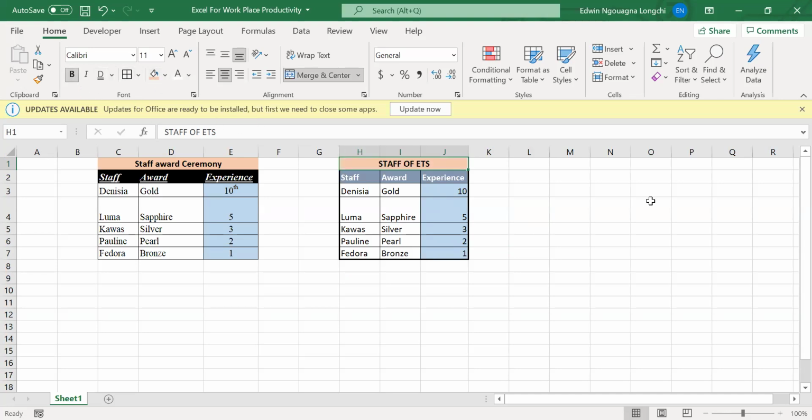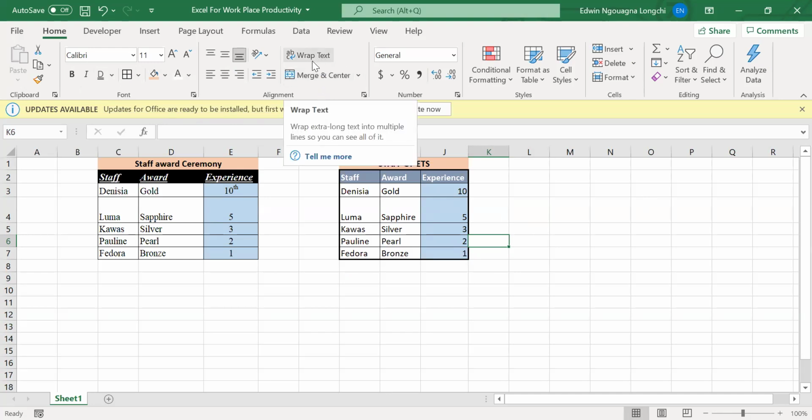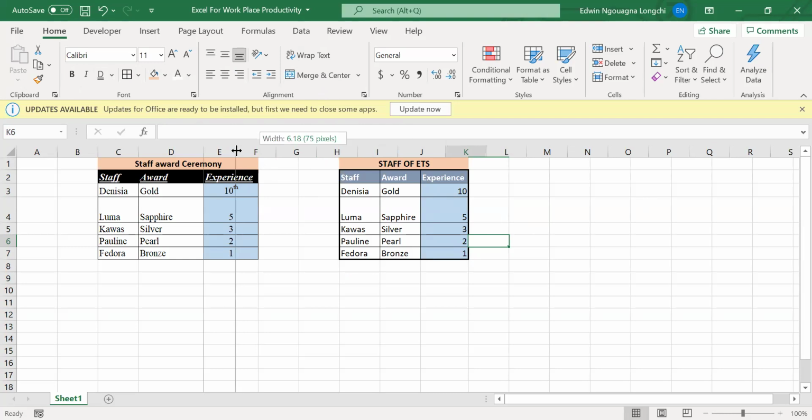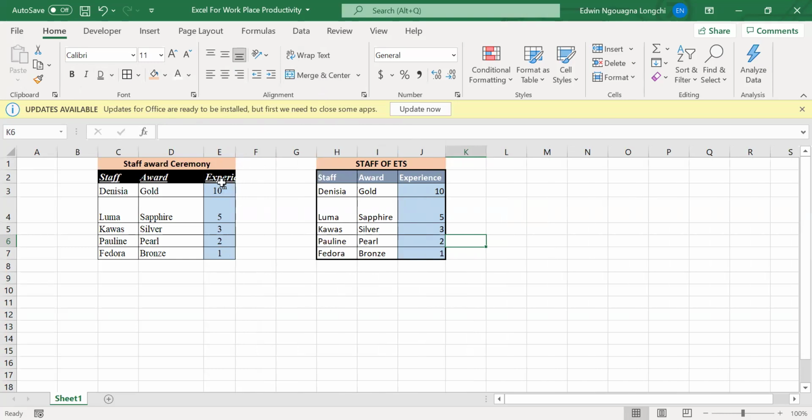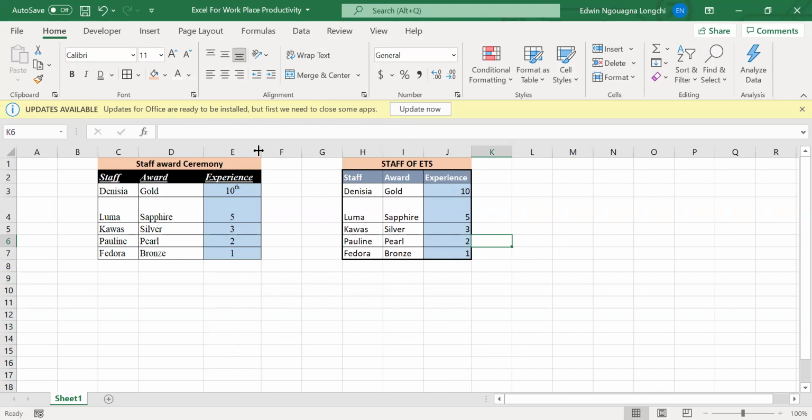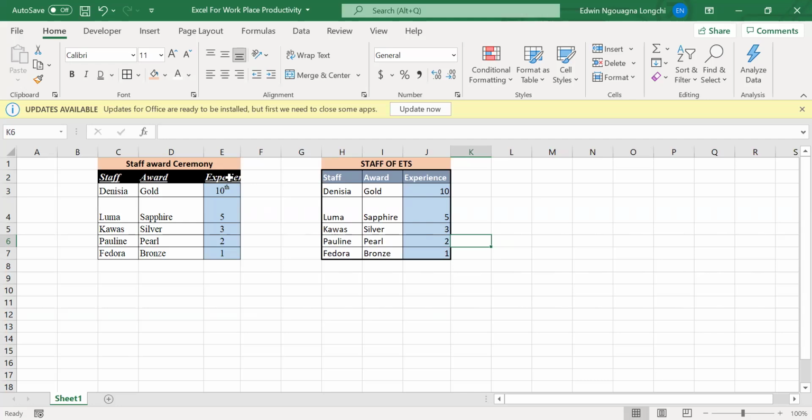Yeah. All right. So the next thing we see here is wrap text. This wrap text sometimes works when your data crosses to the next line and you don't want to increase the column width. So let's imagine that it was like this. It kind of crosses here, but you don't want to increase the column width. So you want it to fit inside this particular cell.